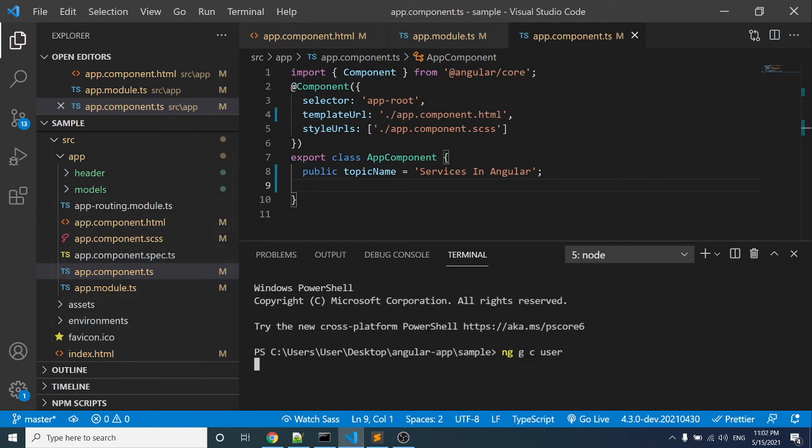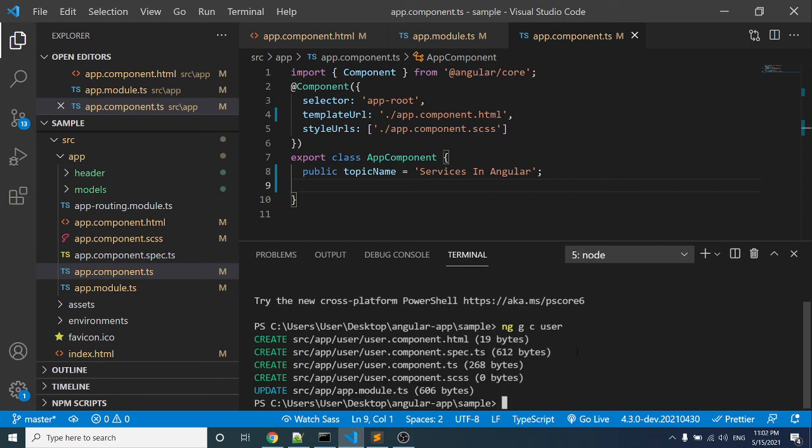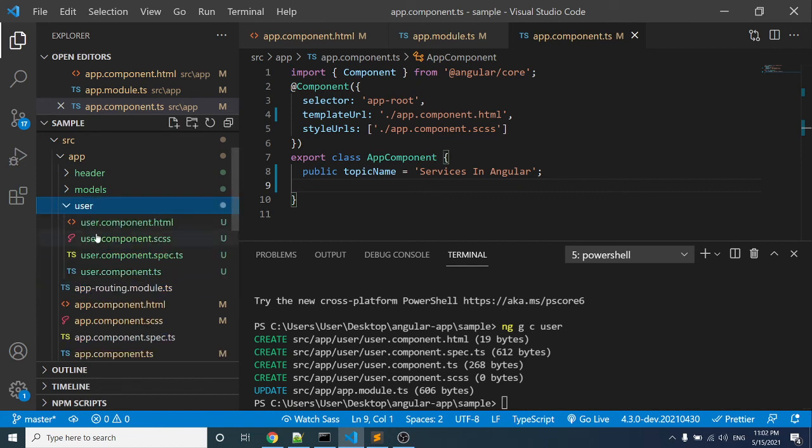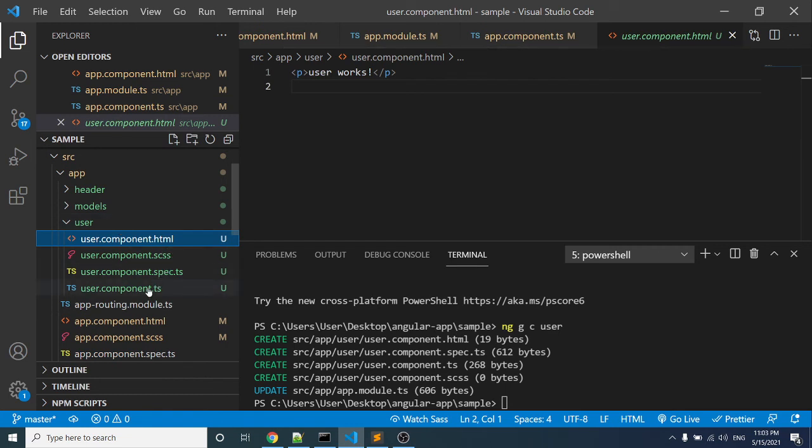It will take some time to create the component. Here you can see the component has been created successfully. Here you can see the user folder. It has an HTML file, a TS file and a spec file.